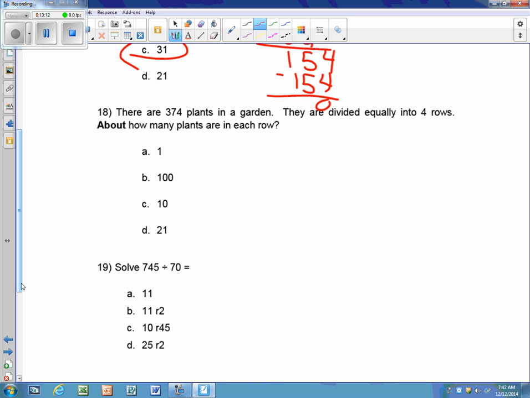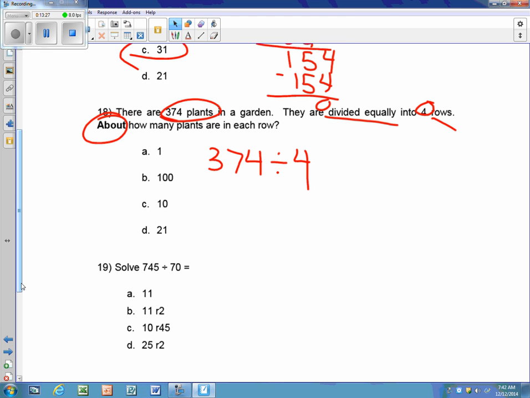There are 374 plants in a garden. They're divided equally into 4 rows. It is telling me to estimate how many plants are in each row. So I'm going to set up my problem that we're dividing. And I'm going to estimate. And when I estimate this, remember this can just stay the same because it's a single digit. And I'm going to skip count till I come to a number that is close to this. So there's 2 ways I can look at this. I think that this should be